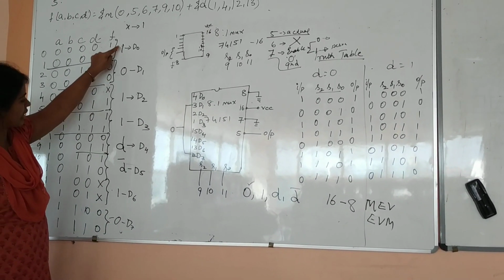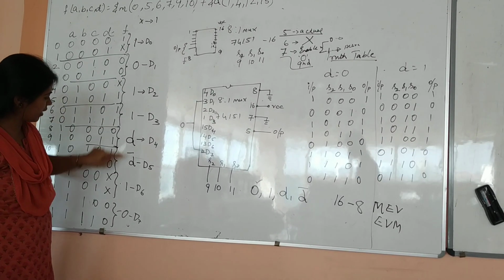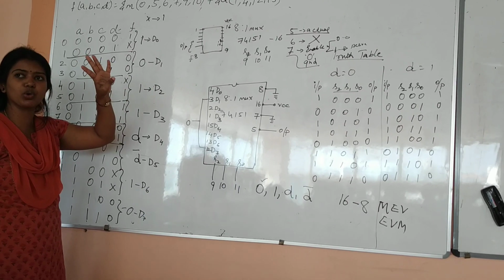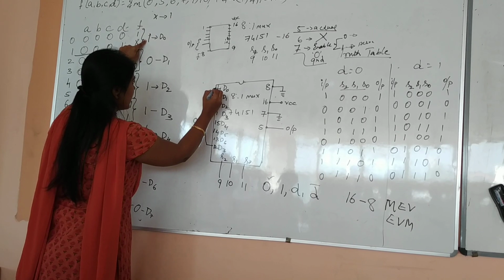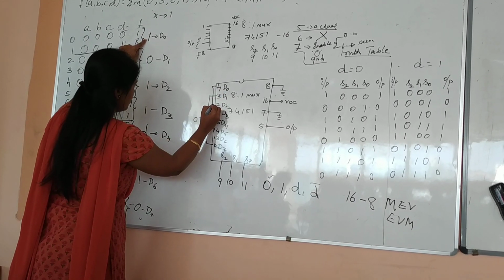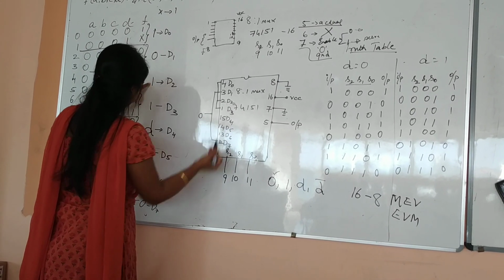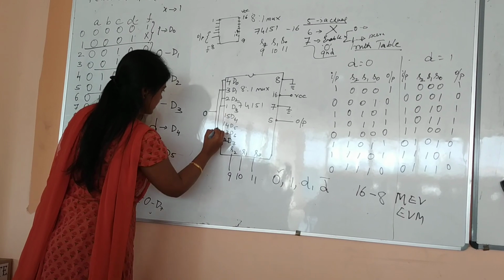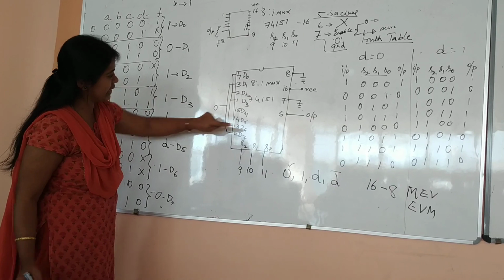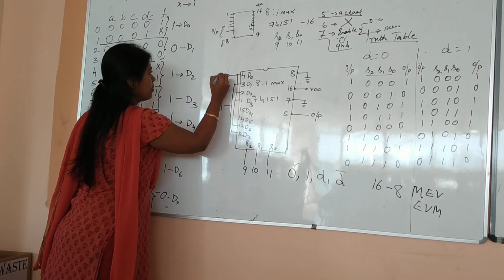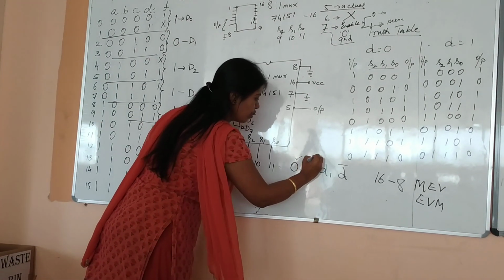Next, let us see how many permanent ones we have in this experiment. Here 1, 2, 3, 4. All these 4 we need to club. What should I club D0 with? I should club D0 with D2, then with D3, then D6. So for these 4, D0, D2, D3, D6, I am giving permanent 1. Okay, we are done with 0, we are done with 1.